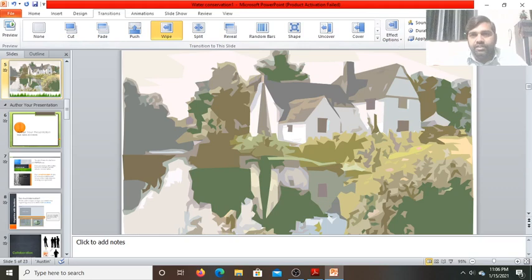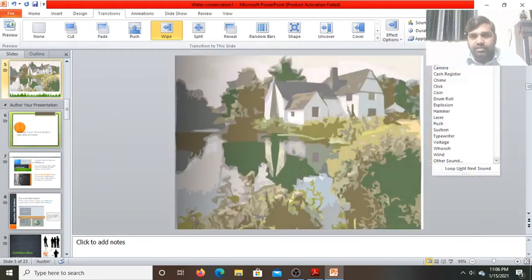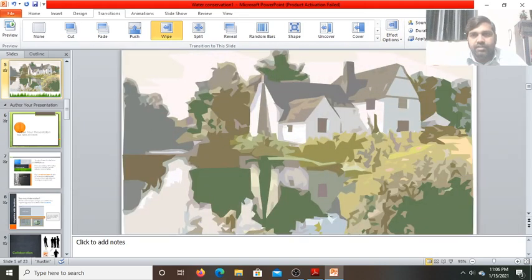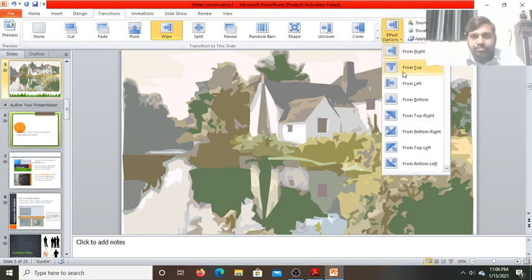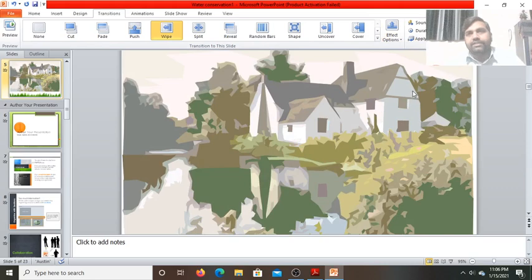Now here we can add the sound also. Duration you can add. These are the effect options, from top, from left, from bottom, any effect you can apply like this.